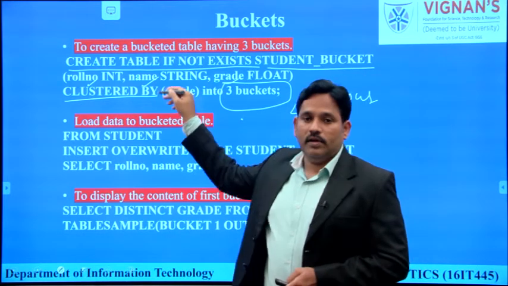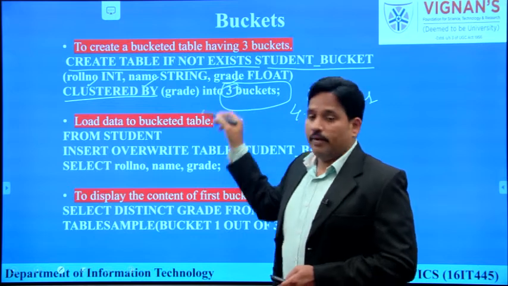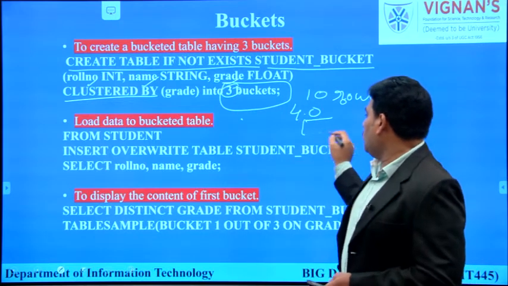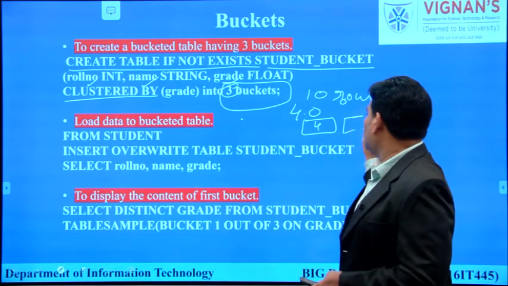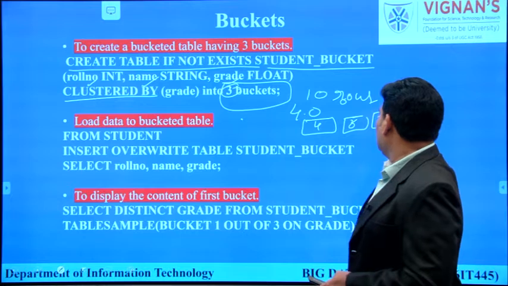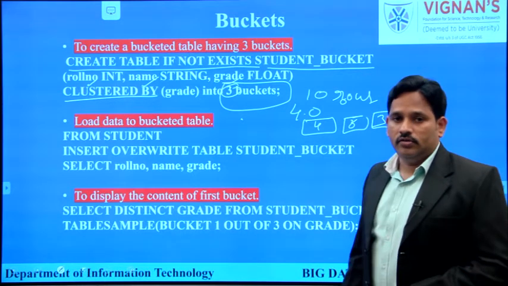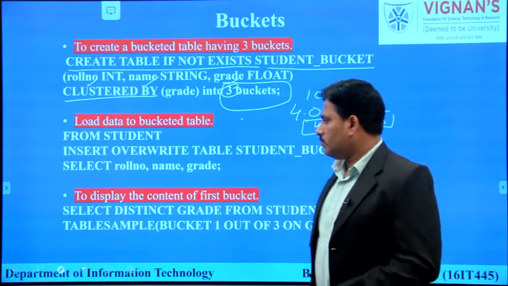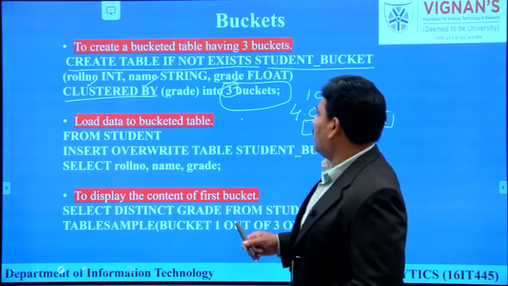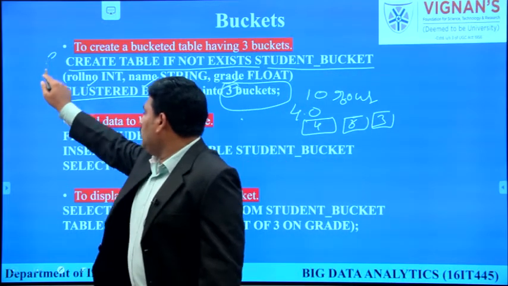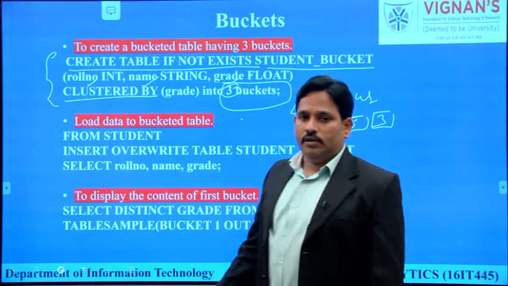These 10 rows are going to be divided into 3 buckets, like 4 rows in one data set, 3 in another, and the remaining 3 in the other. That means all the 10 rows are divided into smaller pieces. Now to create a bucket of size 3, this syntax is used.